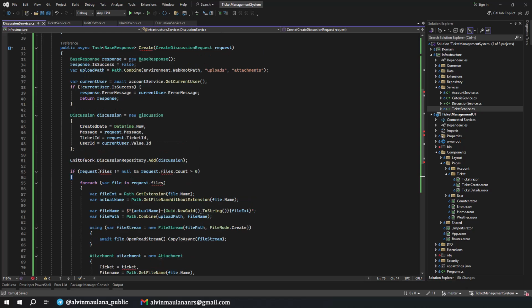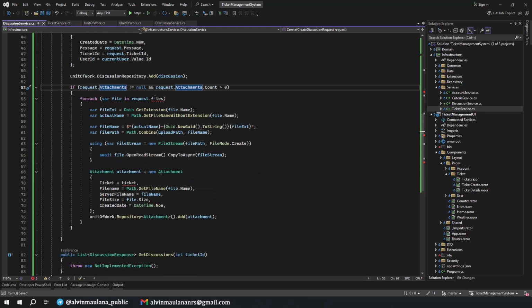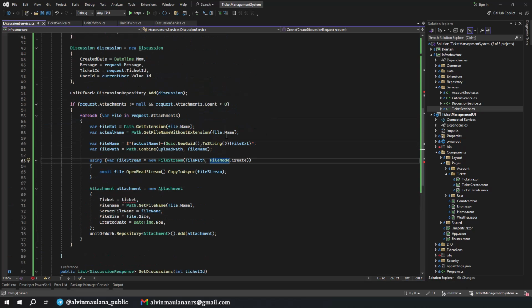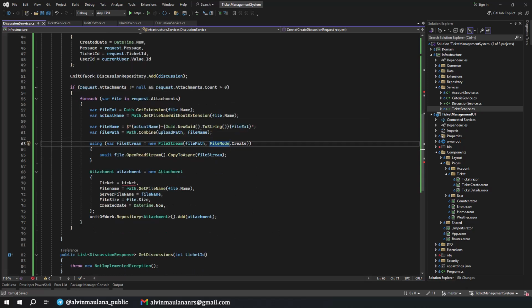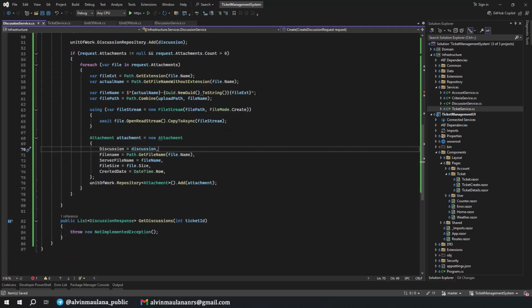Okay, request its attachments, yeah, I rename as attachments for each attachments. Okay, we do the same like this for saving. Overall it's the same. The difference is we are not referring to ticket, but instead we are referring to discussions. And this one should be fine also.